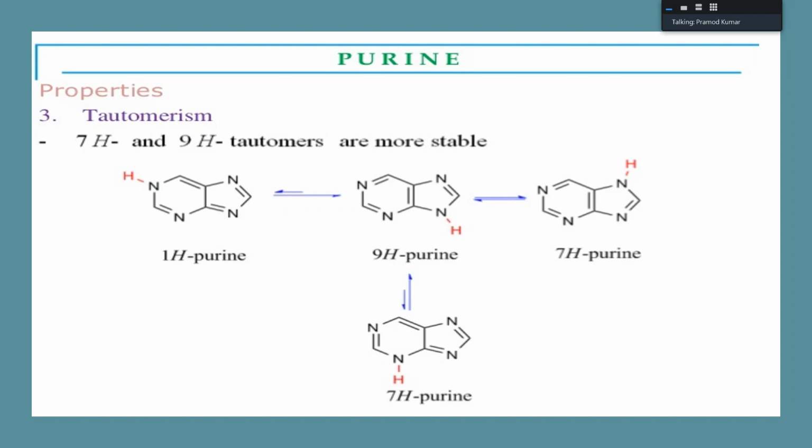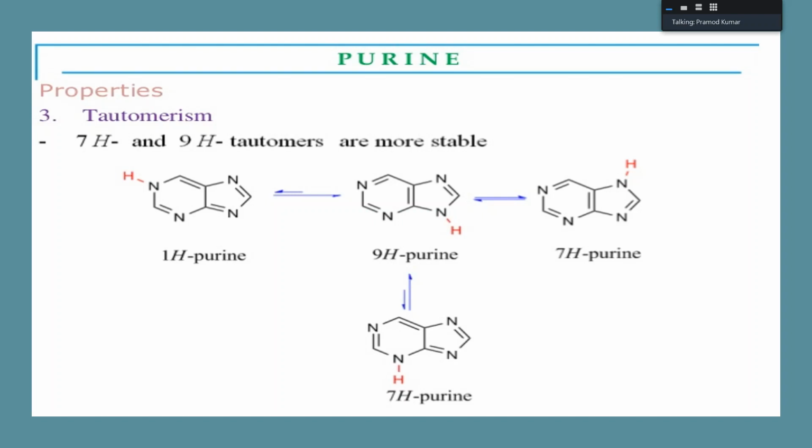Alkylating agents, when you will be studying anti-cancer, alkylating. Now you will come to know why the alkylation takes place at the 7th position. This is the most stable configuration. That's why it undergoes alkylation at the 7th position. Remember this, very important when you will be studying anti-cancer, why alkylation takes place at the 7th position of your